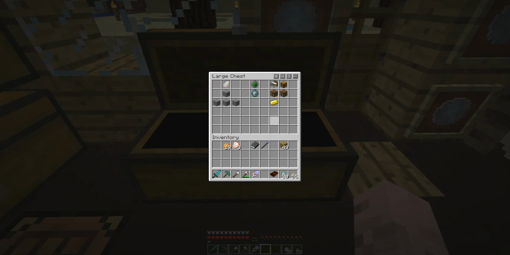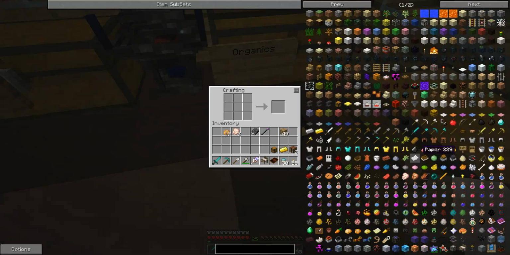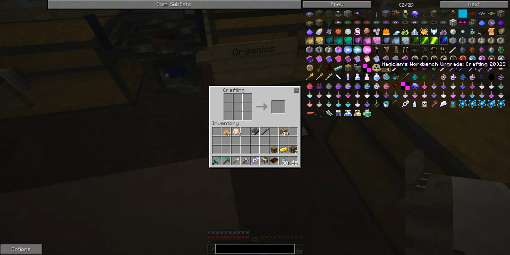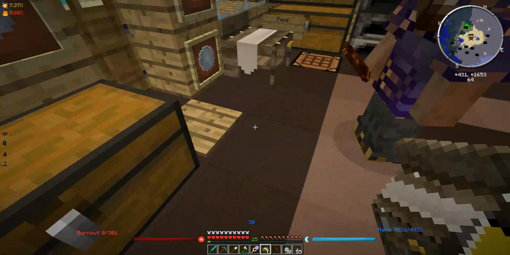Okay, and the next recipe is the upgrade for that table. So 2 crafting tables, a magician's workbench, a chest, and some gold. So take that. Click on the casting table, turn any eye on because I'm lazy, go to the upgrade, pop that in the table, and chest, crafting tables, gold, and a magician's workbench, and there's our upgrade,